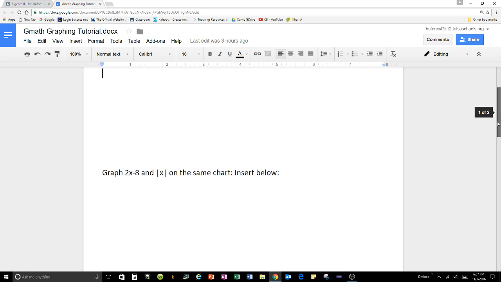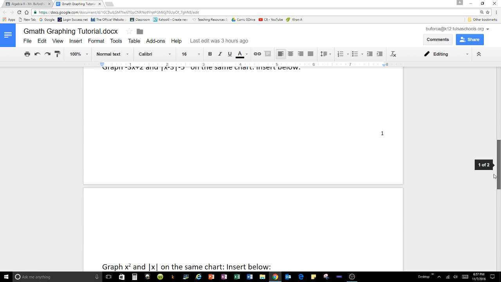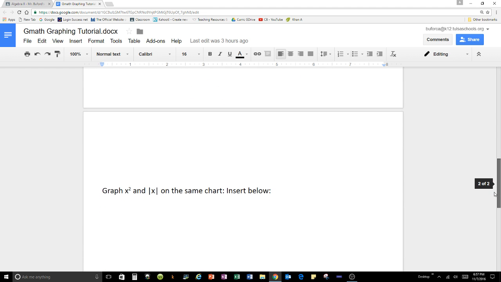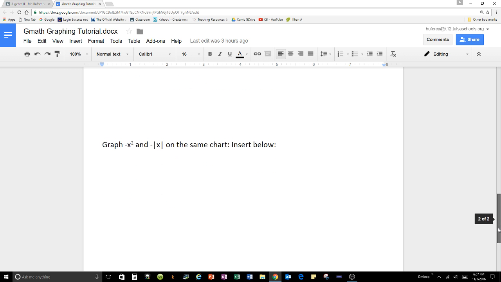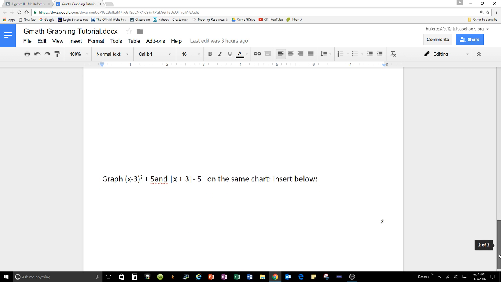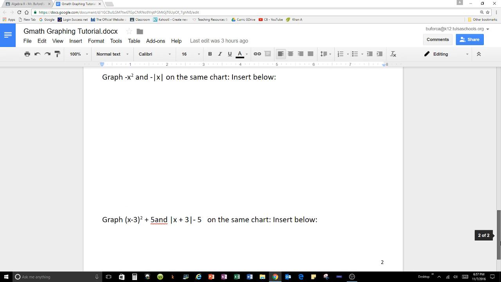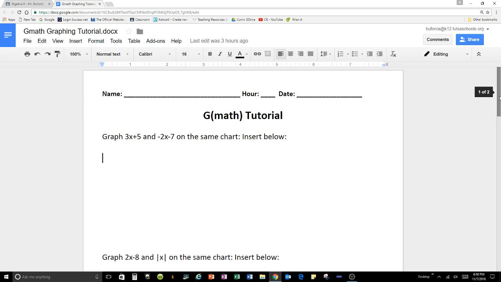So you can see as we move down the document, I've got quite a few different graphs that I'd like for you to insert and to attempt to demonstrate for yourself how you can use the Gmath function, the add-on, to actually give you these graphs. So let's go ahead and go to the add-on